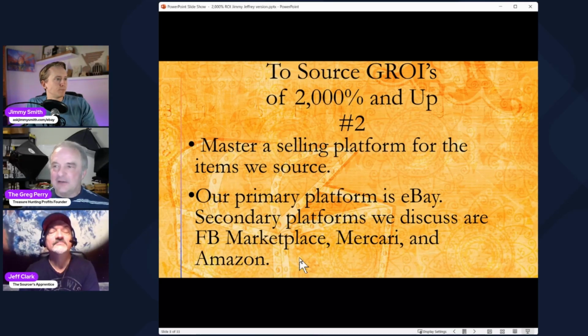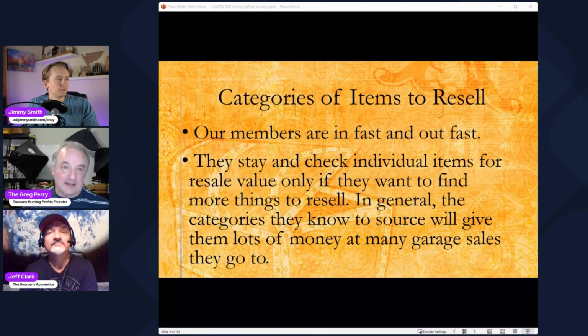Again, we teach categories of items to resell. Please know we don't say, oh, here's a Nike you need to be looking for. Well, I don't know how many models of Nikes there have been, trainers and all sorts of running shoes. We don't say, find these 2, they're really a good buy. If you ever see them in a thrift store, that doesn't help you. You'll never see those. We teach categories.